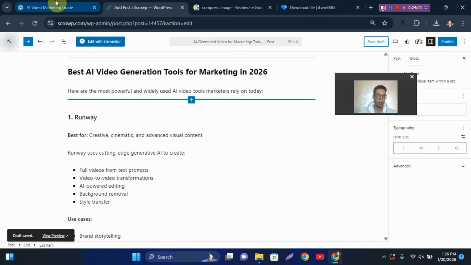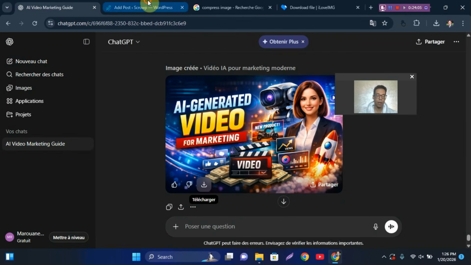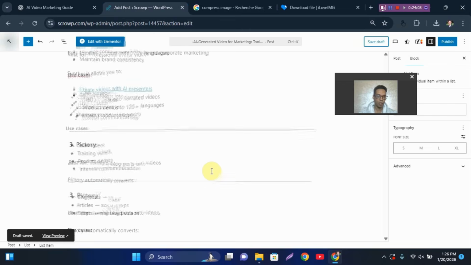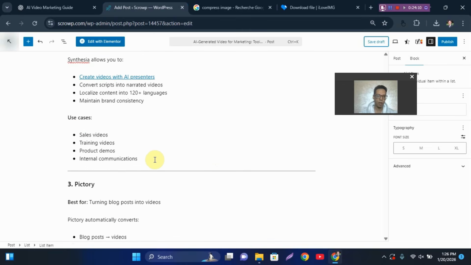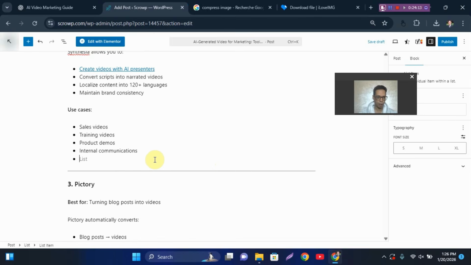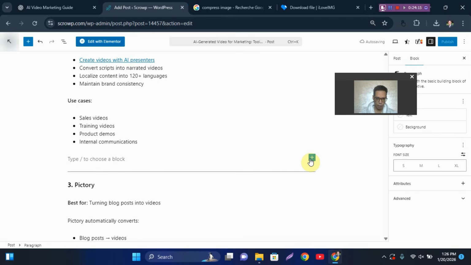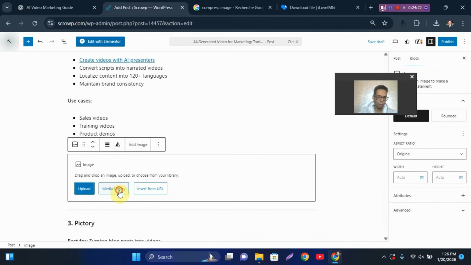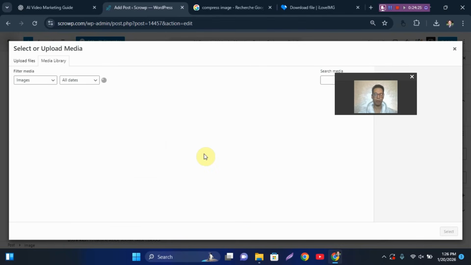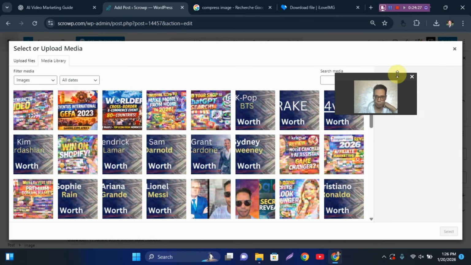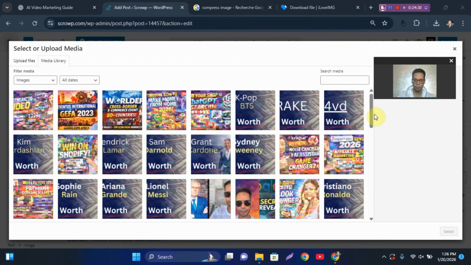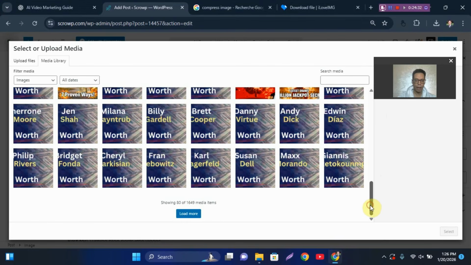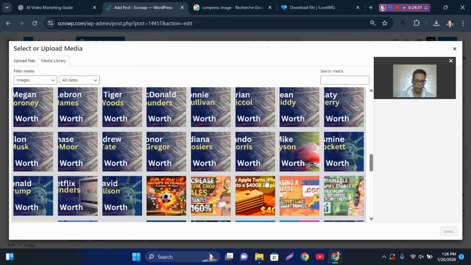I can either use ChatGPT here or use an already made images within my website. So I'm gonna use an already made image here on my website. I'm gonna click on type here. I'm gonna select image. This is on WordPress. I'm gonna click on media library and I'm gonna choose an already published image here. So I can drive people to, because an image is attractive, so people can click on it to go on